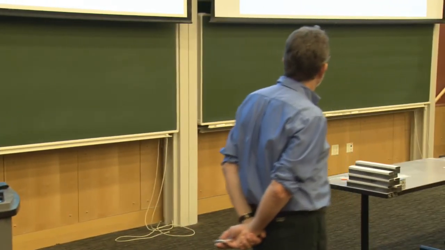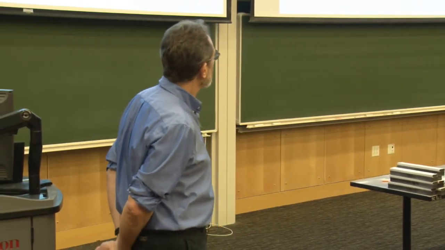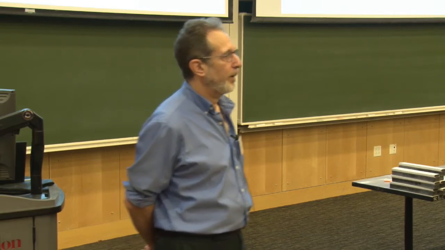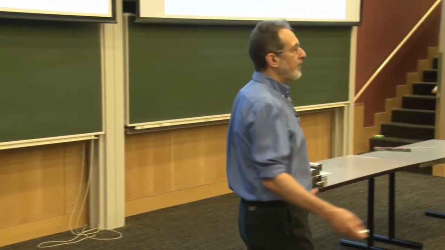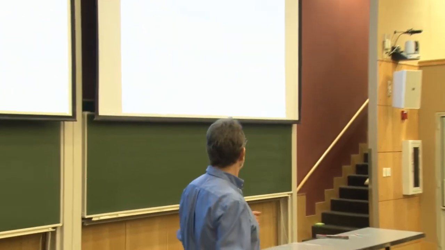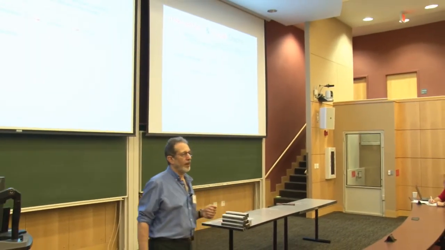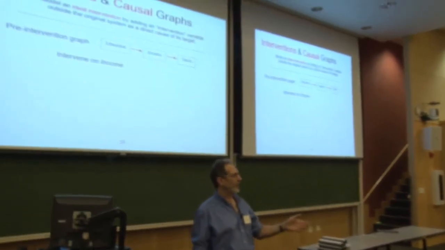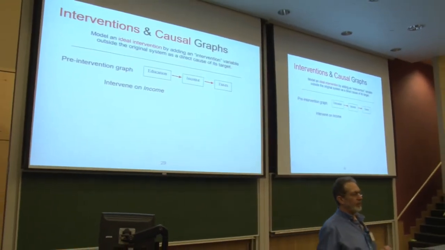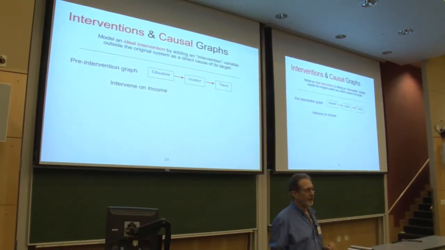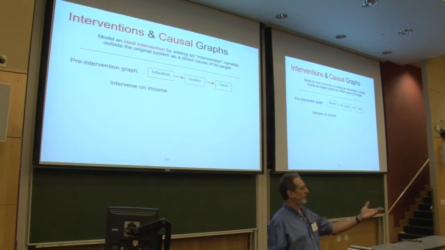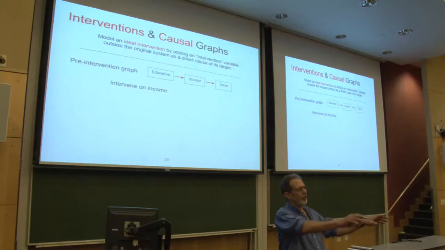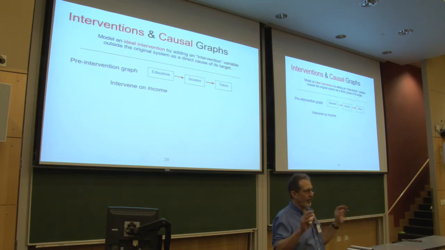So if I start with a pre-intervention graph, such as this one, where education is a cause of income, and income is a cause of how much taxes you pay, and I say, what would happen to that graph if I did an intervention on income, where I flipped a coin and my coin flip completely determines your income value. So for example, I might say, coin flip comes up heads, you get an income of $50,000 a year. Comes up tails, you get an income of $250,000 a year. Whatever you were making before that is irrelevant. That's your income. That's called a hard intervention,